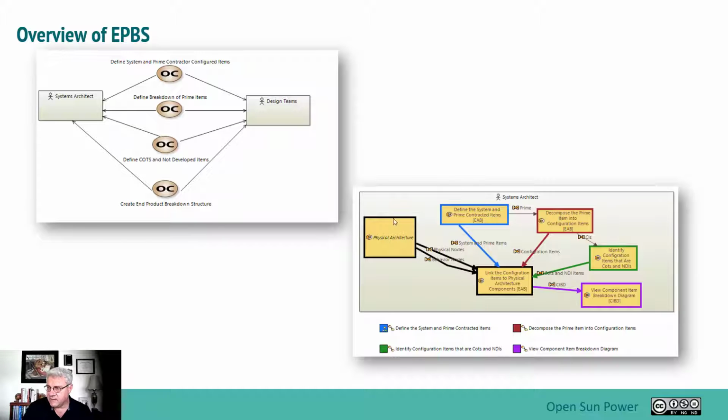So the process essentially goes like this. We have an activity, and for each one I'm going to perform the activity with the EAB diagram, where you actually create the object, and then we basically do the linking of the object in the CIBD diagram, where you actually link the configuration items to the physical architecture. There's a little mistake here. That should say CIBD. And we'll walk through the steps for doing that. And we basically define, and then we go through the linking process, and then eventually you can go and view things in the CIBD when everything's completed, and you'll actually start viewing it during this linking phase. What the process looks like,